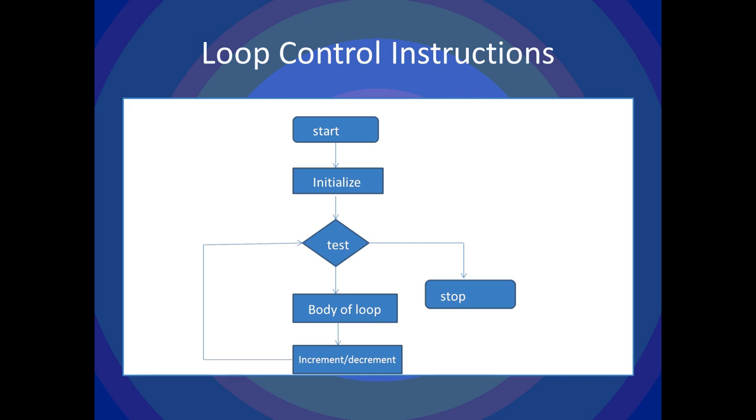So this process goes on: test condition, body of the loop, increment or decrement, then again test condition. So जब तक आपकी टेस्ट कंडीशन ट्रू है तब तक बॉडी ऑफ द लूप और इंक्रीमेंट और डिक्रीमेंट जो है वो आपका होता रहेगा और बार बार कंडीशन आपकी चेक होती रहेगी। लेकिन अगर आपकी कंडीशन जो है वो फॉल्स हो जाती है, तो फॉल्स होने की सूरत में आपका कंट्रोल जो है वो बॉडी ऑफ द लूप की तरफ नहीं आएगा, बल्कि आपका कंट्रोल जो है वो स्टॉप की तरफ चला जाएगा, लूप आपकी रुक जाएगी।